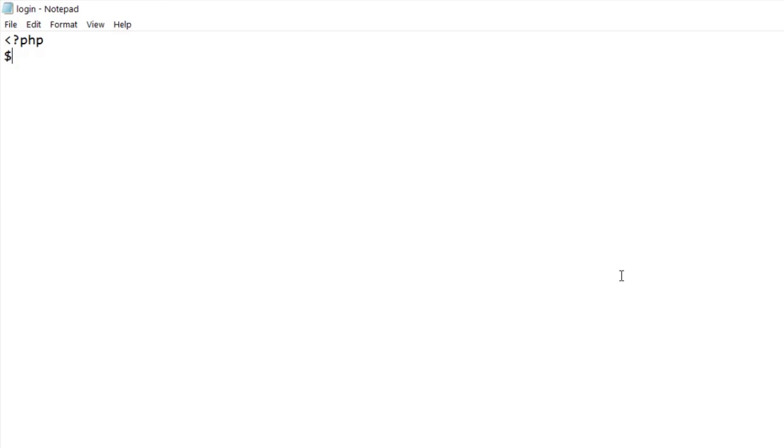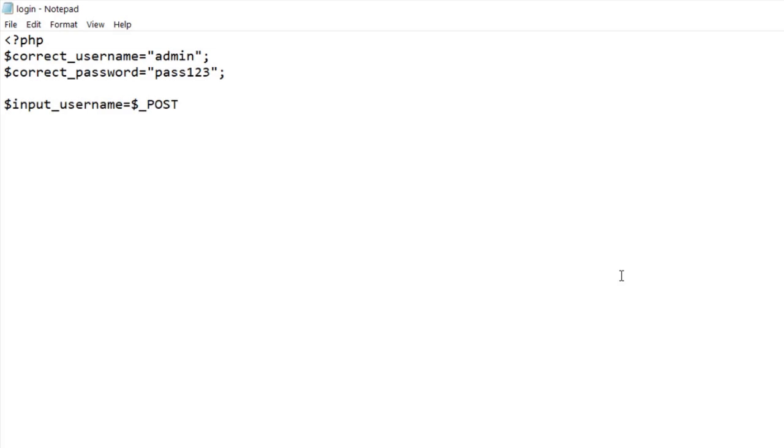We create a PHP file. We declare two variables here for username and password and give them the correct values for the username and password. The user's input will now be checked against these values and if the input is the same as these, the user will be logged in. Next, we will declare two more variables where we will store the values entered by the user. We use the $_POST variable here to pick the values using the post method. Remember, the values passed here should be the same as the parameter names used for entering values.